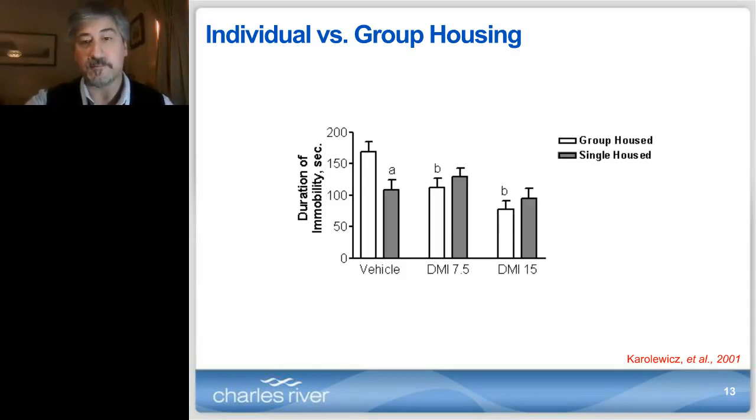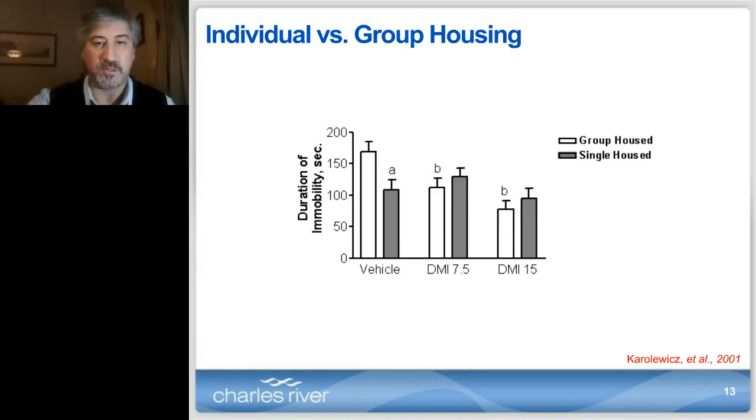This is another example, and I think it's very illustrative of how housing mice in groups or individually will influence a different study. This is a forced swimming test, and they test a compound to see if it has antidepressant activity. So you can see here in white the animals housed in groups, and with this light gray shading, animals that are singly housed. Right? So if you compare the control with two different doses of that compound,